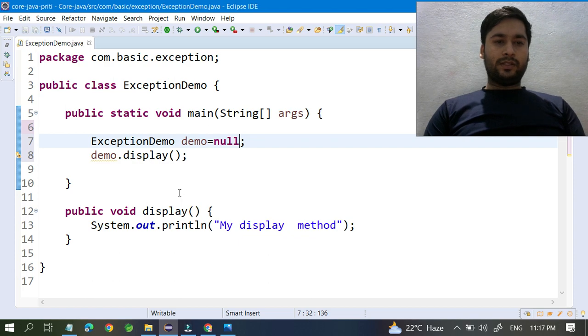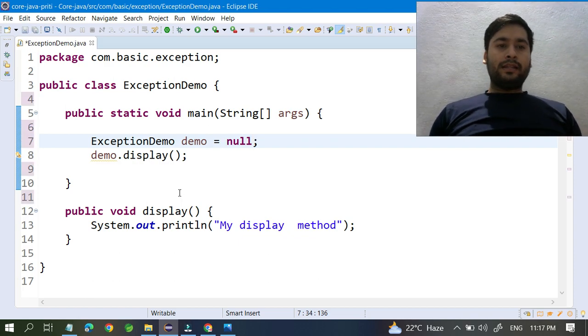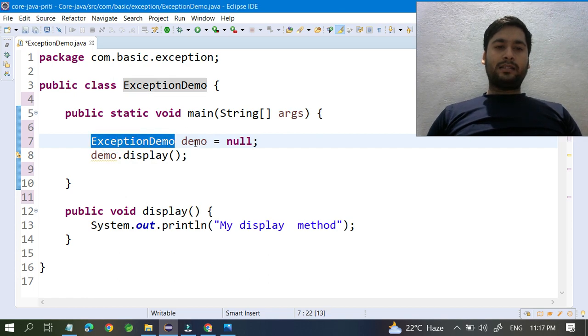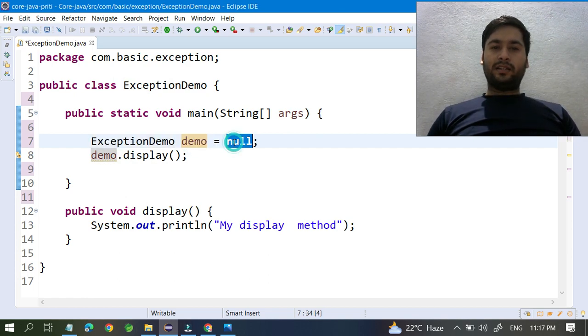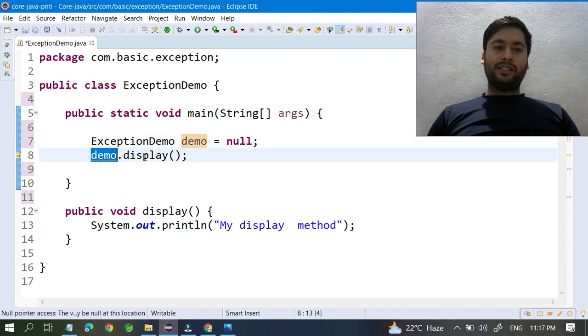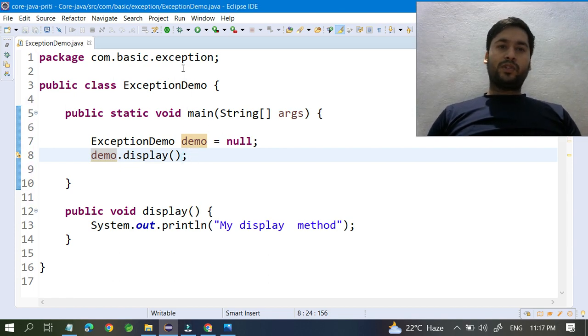Okay, there is no issue now. Simply you can see that this ExceptionDemo class reference demo is holding null, and you are calling the display method with it. Sometimes it happens.